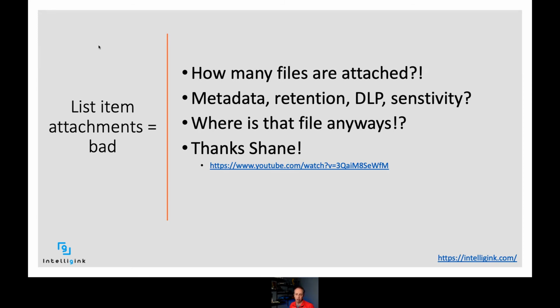When you start working with SharePoint and with SharePoint lists, there's always those list item attachments. You start creating a form for SharePoint list items, and inevitably that add attachments to it pops up. If you want users to be able to store files and associate them with list items, it works, but you never know how many files are attached unless you open the list item. You can't really do metadata, retention, DLP, sensitivity labels on them easily. They're kind of all buried within that SharePoint list item. And then you run into search issues of how do I find all of these files that are attached to